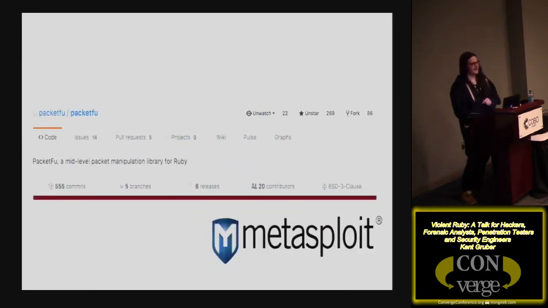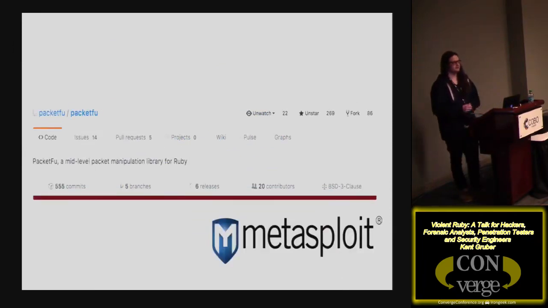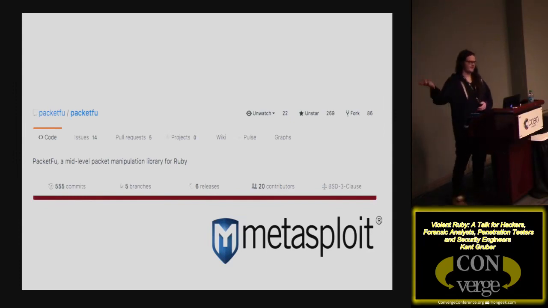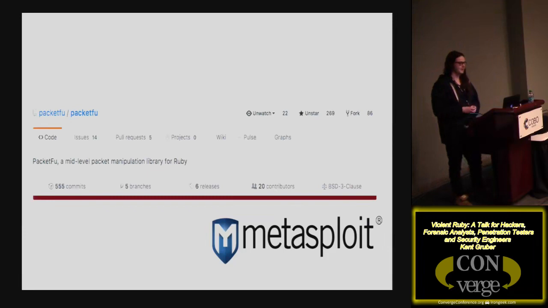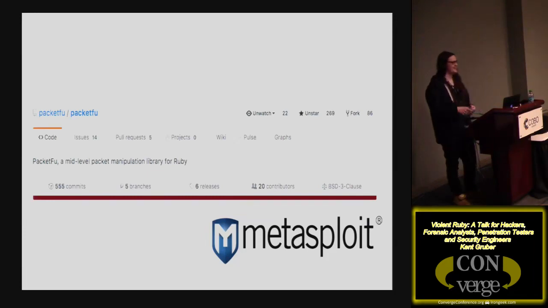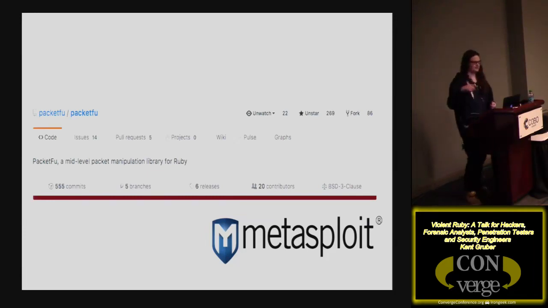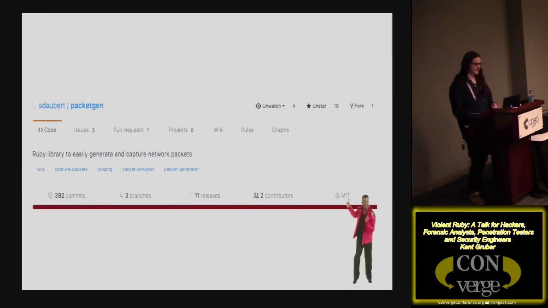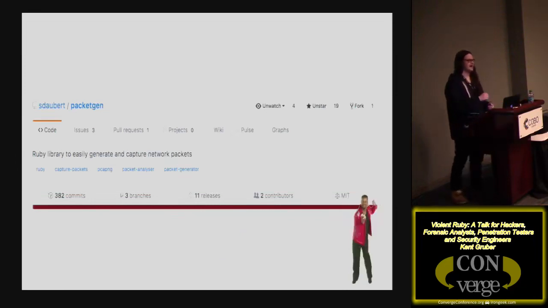I haven't contributed to Packet.foo. Packet.foo is a Ruby library that's inside of Metasploit that Metasploit uses. It's not just for Metasploit, but it's a Ruby packet analysis library that's pretty easy to use, and it's not too bad. But the problem was that there was a whole bunch of hanging pull requests for stuff like IPv6 support that was just recently merged. But whatever. During that time, a contributor to Packet.foo, Sylvain Daubert. I just butchered his name, I know, but that's fine.